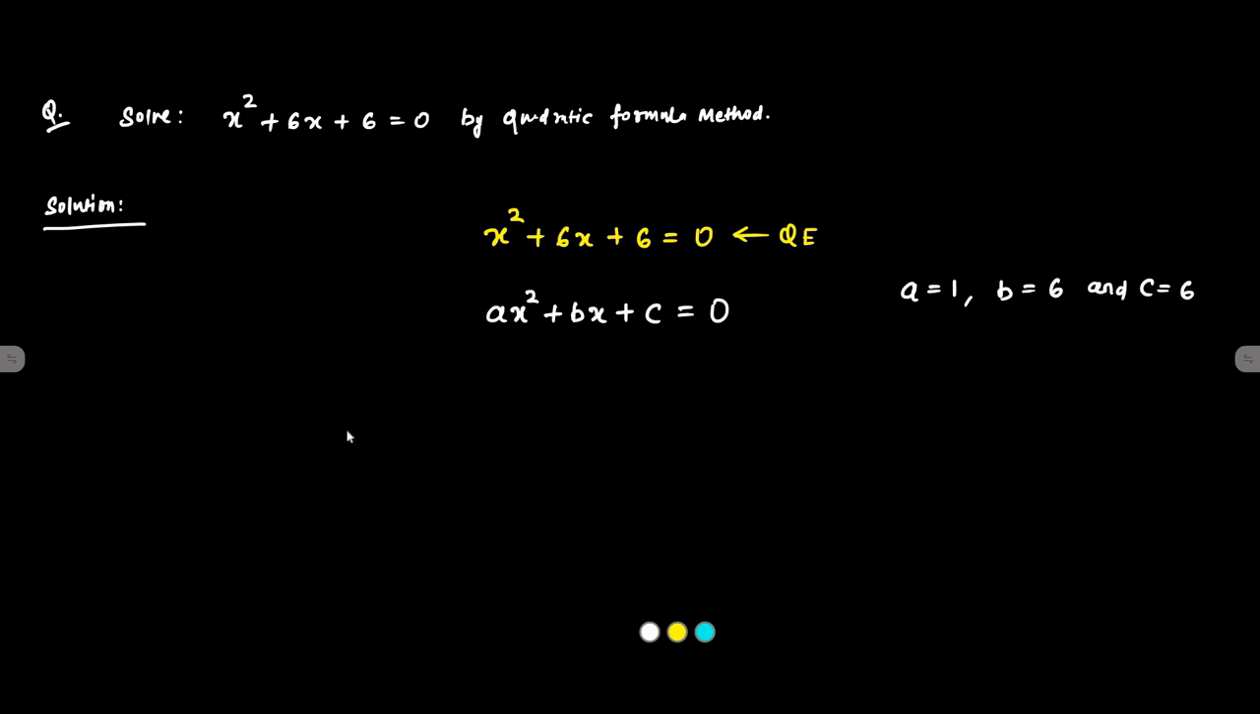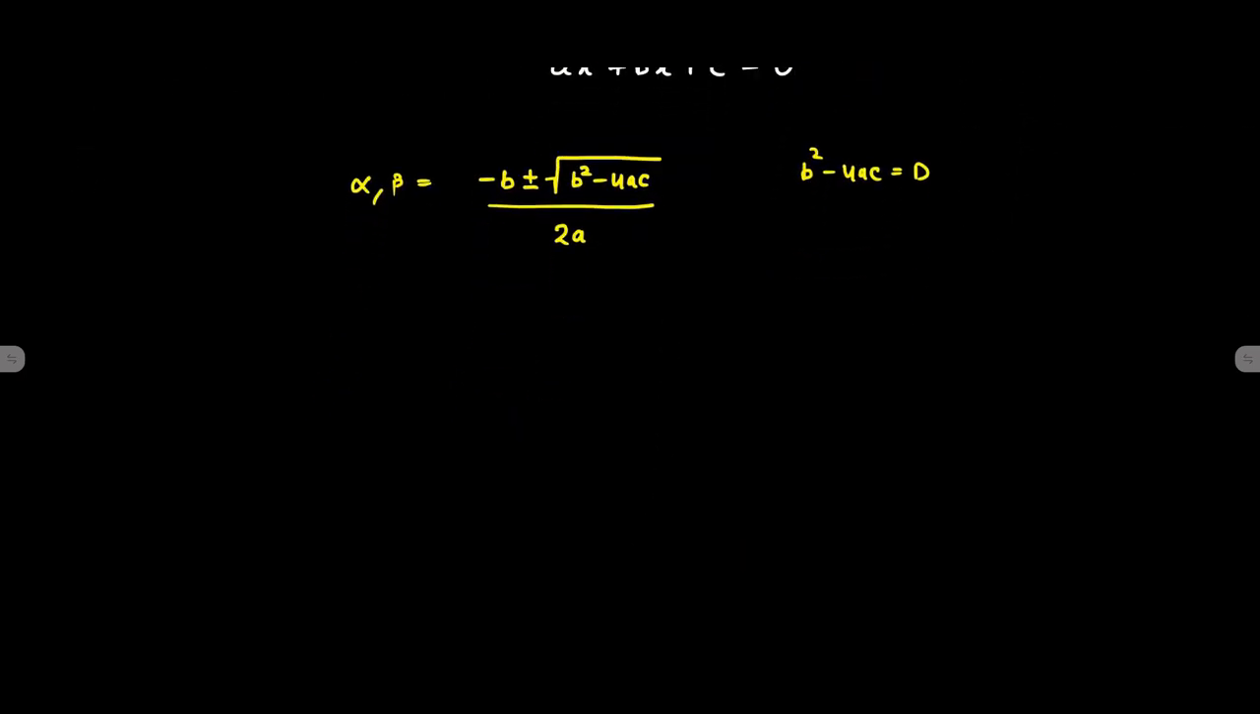The roots of the quadratic equation we can get through the quadratic formula method. So the two roots of the quadratic equation, alpha and beta, are equal to minus b plus minus root over of b square minus 4ac by 2a, where b square minus 4ac is the discriminant. So here we'll simply put the values. So it is equal to minus b, which is minus 6, plus minus root over of b square,